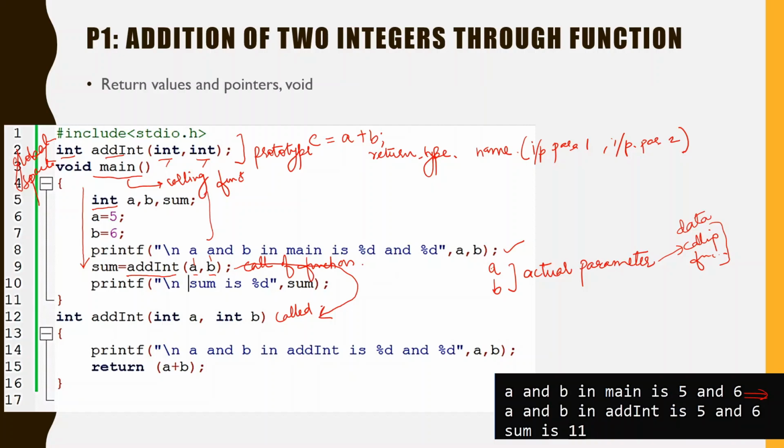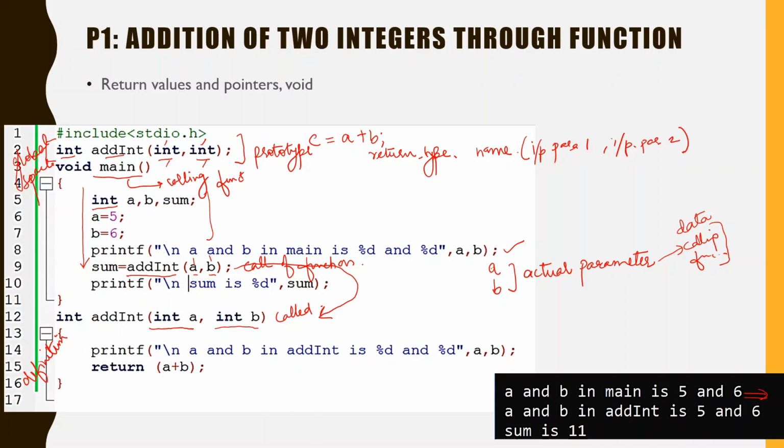And where in the called function? In the definition, not exactly the declaration. So from the call, control jumps to the definition of the called function, where it starts executing. It has some input parameters, which must be the same number as in the prototype, and in the prototype the actual names of the parameters were not written.